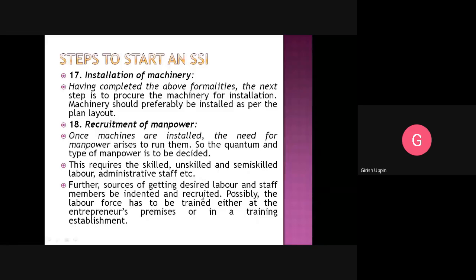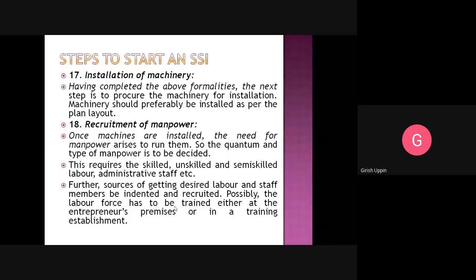Further, sources of getting desired labor and staff members are to be identified and recruited. Possibly the labor force has to be trained either at the entrepreneur's premises or in a training establishment. So first, all the sources where the human resources are available have to be found out, and once you have all the sources, you have to recruit.